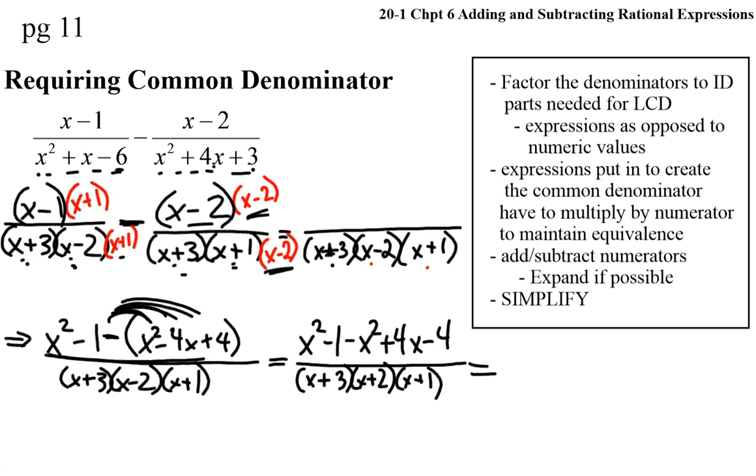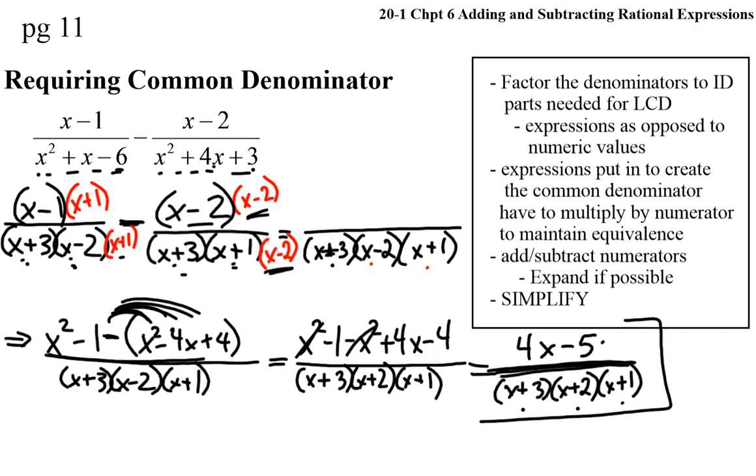Simplify the numerator now. X squared and negative x squared cancel. So we're left with 4x minus 5, and that 4x minus 5 goes over x plus 3 times x minus 2 times x plus 1. Here, 4x minus 5 can't be factored. This binomial can't cancel with any of the binomial factors, so there's our solution. 4x minus 5 over x plus 3, x minus 2, x plus 1, as long as